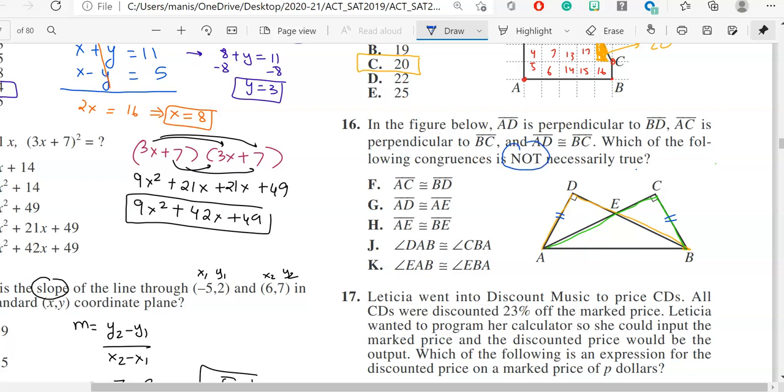The first one says AC can be congruent to BD. So AC is this and BD is this. Yes, they can be congruent. I know they are congruent over here. Along with this, these are vertically opposite angles, so they will be equal. Because of this, this side is also equal. This is a common side. So these two triangles are congruent. But when I look at the second choice, G, it says AD is congruent to what? AE. No, that's not possible. This is not correct; this is the wrong one. This is the correct answer choice for this problem.